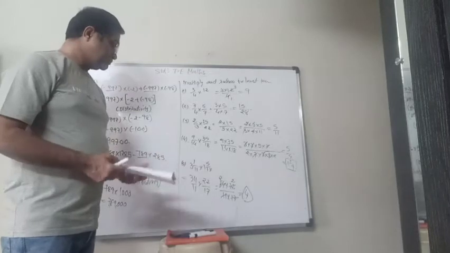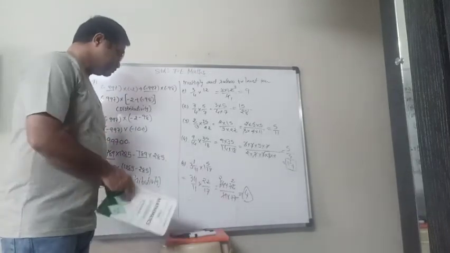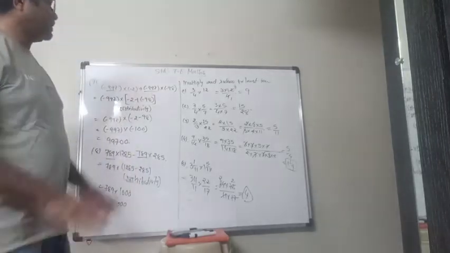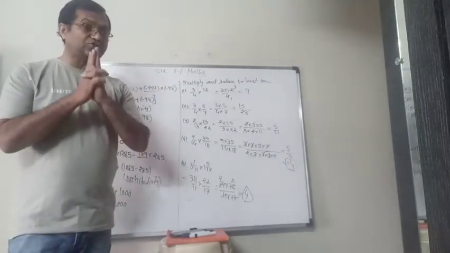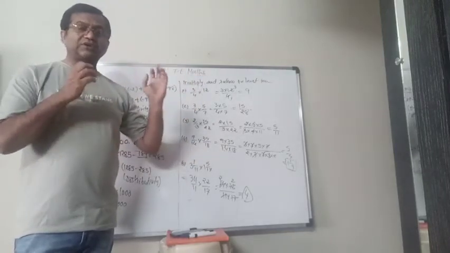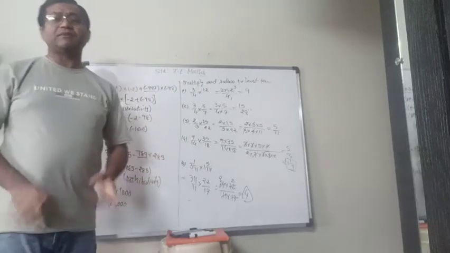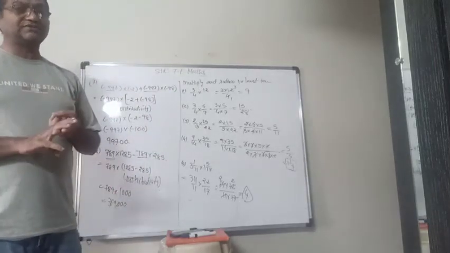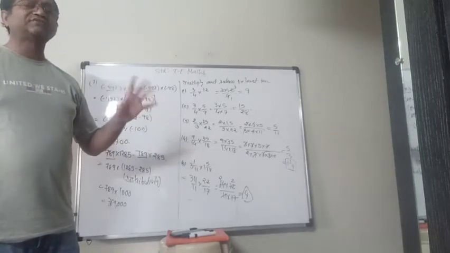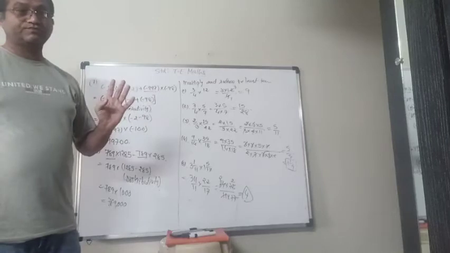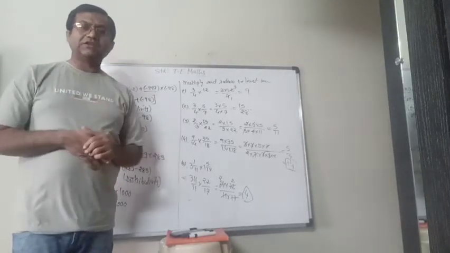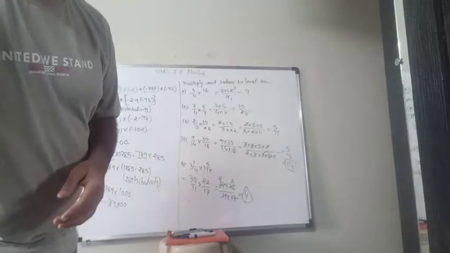So by this way, if you know the rules, if you know the method, and as I told you, if it is 1 mark, 2 marks, 3 marks questions, 1 mark question you can directly write down answer, no problem. But 2 marks, 3 marks, 4 marks questions, you must show the method. Otherwise 0 marks will be given to you. So here we are going to finish the session, and all the best for your exams.